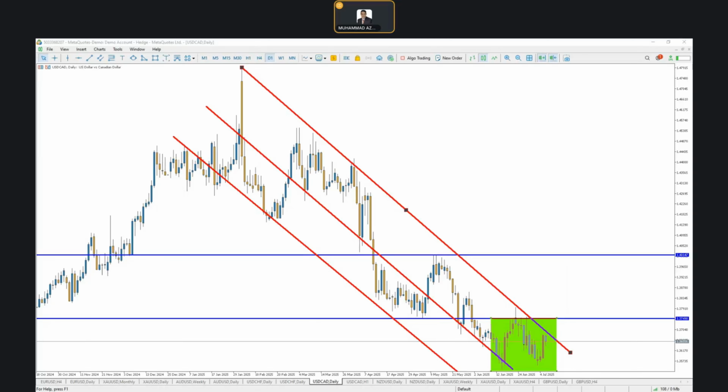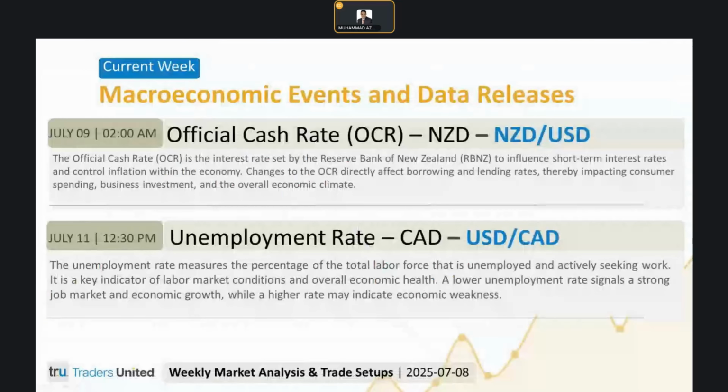So the key takeaways for USD CAD: a lower than expected unemployment rate is bullish for CAD, and expect a drop in price action of the USD CAD currency pair. A higher than expected unemployment rate is bearish for CAD, and USD CAD is going to rise. Now, if we do not get any kind of change, the neutral effect, the CAD is actually going to go nowhere. The USD CAD is going to move sideways.